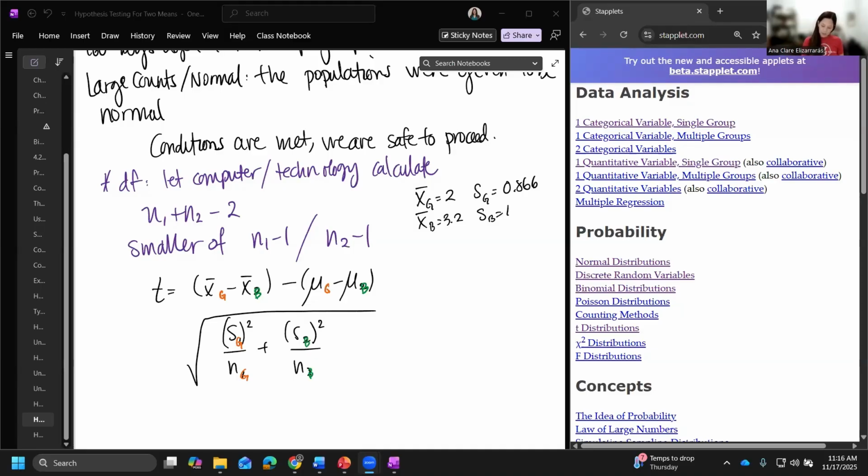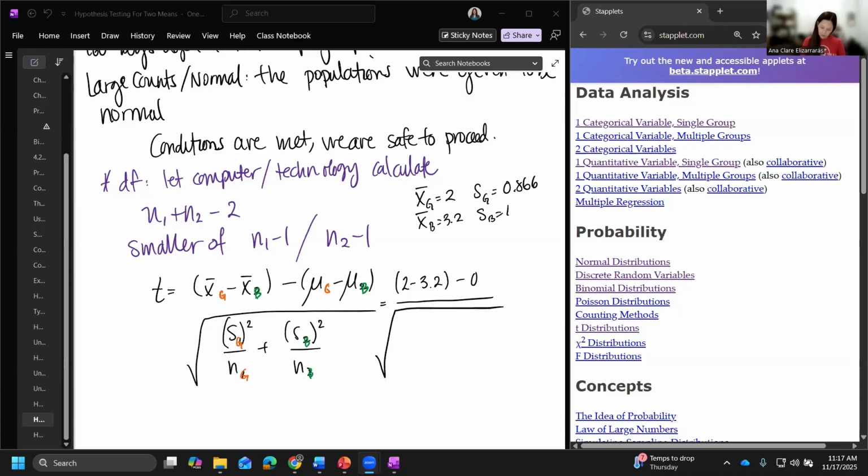So now we can plug those values into the formula. The average of girls was 2. The average of boys was 3 minus 2. And then in the hypothesis, we were assuming that the two were equal, and so there is no difference, which is 0. We're then going to square root